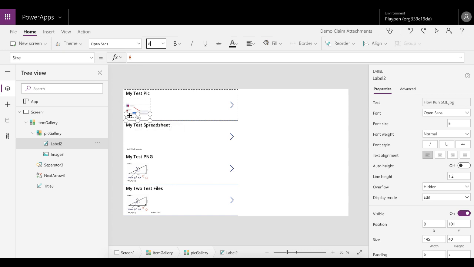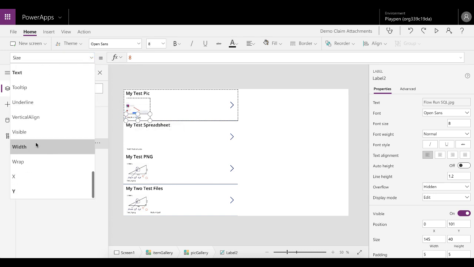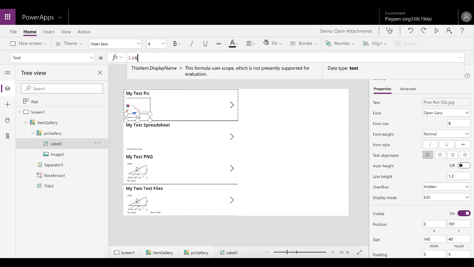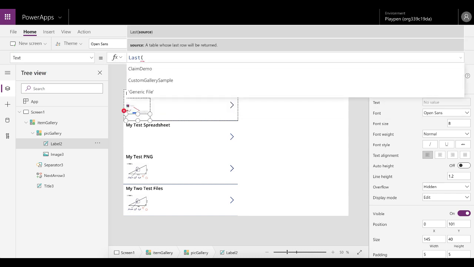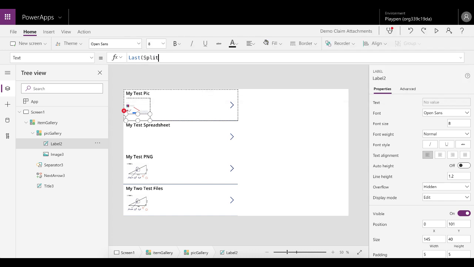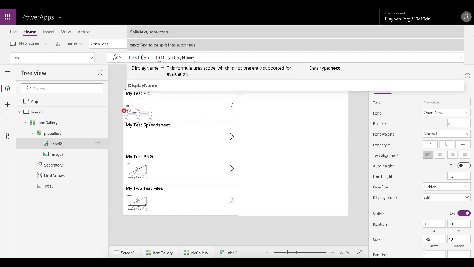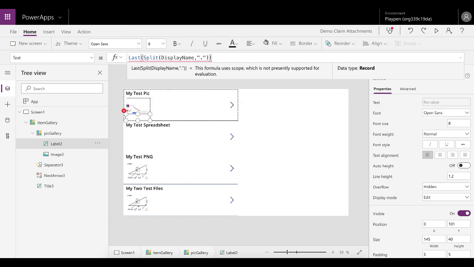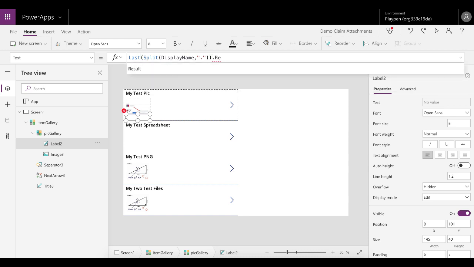So to do this, let's go into the text property for this label, and we're going to say I'm going to use the last value, because we're now going to get multiple values after we do the split. And we're going to do a split on the display name. We're going to split it on a full stop, and after we got that last value, we want to return the result